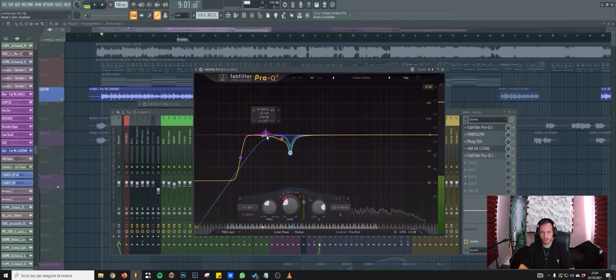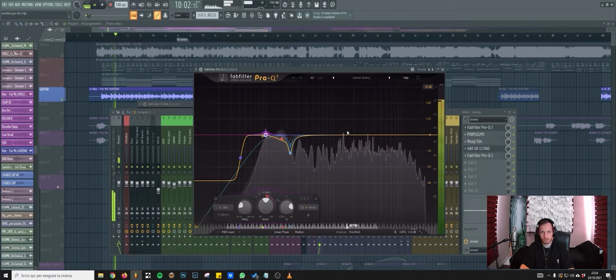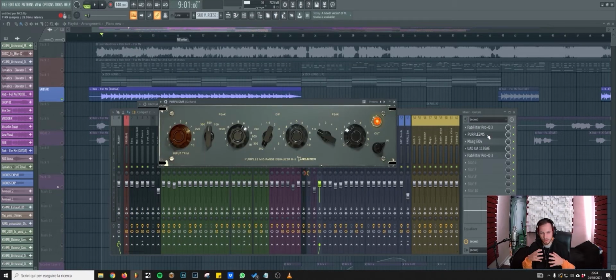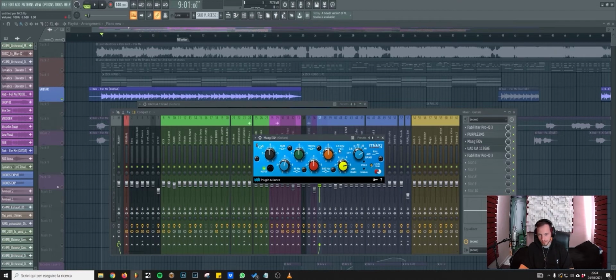And also here is a little bit of expansion of this single note. I was needing a little bit of expansion just on those notes. Nothing crazy, as you can see. The second plugin is more for the tone. We needed a little bit more beefy sound, like around 500 Hz, because it lost quite a few of the low mids. And there's also the preamp going on. This is a beautiful EQ emulating a Pultec style EQ, so it's really nice. Then I put a Mega EQ for some air, so 40k was really nice.